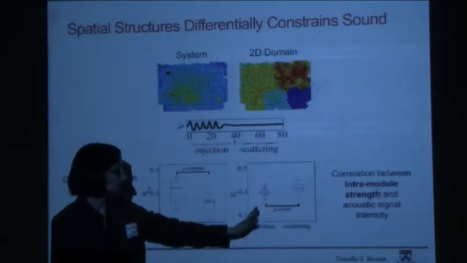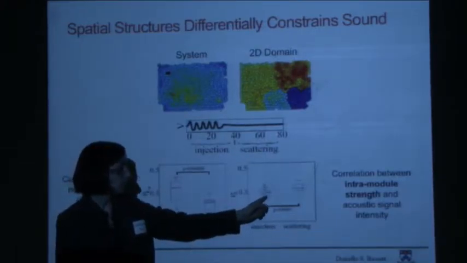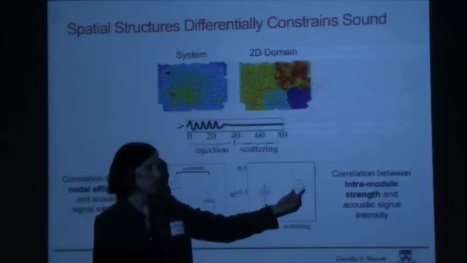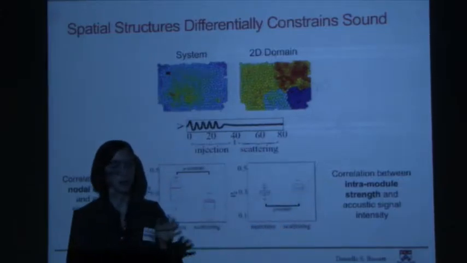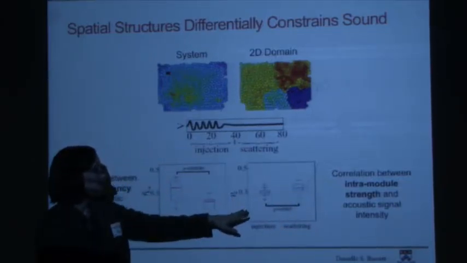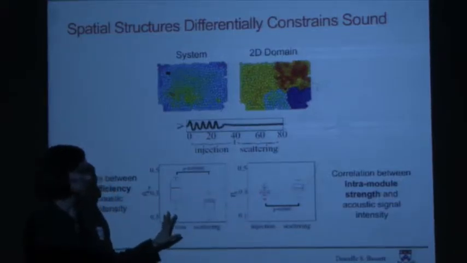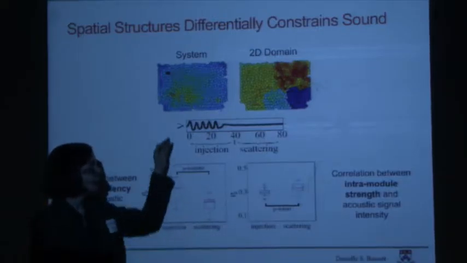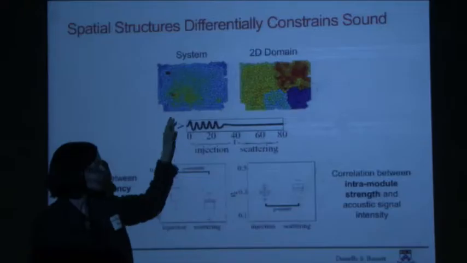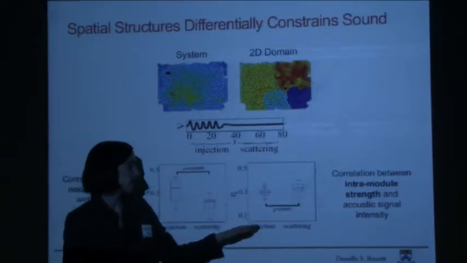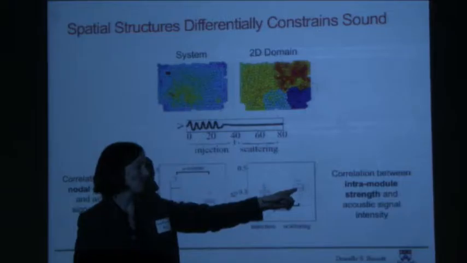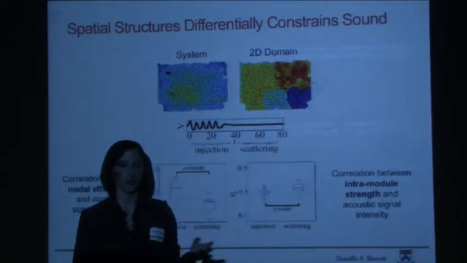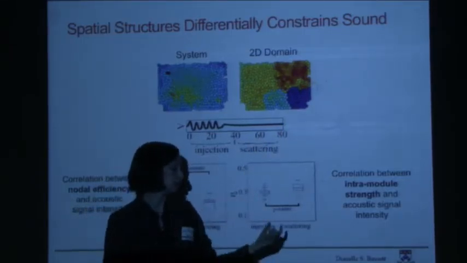So in this case, what we have is that during the injection phase, the community structure is not a good predictor of acoustic transmission, whereas in the scattering phase it is. So let me give you an intuition for why that's the case. What we think is happening is that in the injection phase, the acoustic signal is traveling along the strong force chains preferentially, and therefore you're getting propagation through the center of the system, and that correlates with the global efficiency. However, in the scattering phase, the signal is getting trapped in these local domains here. So the domain structure is really important during the scattering phase, when it's just sort of bouncing around in these